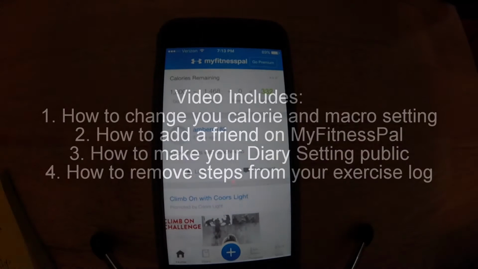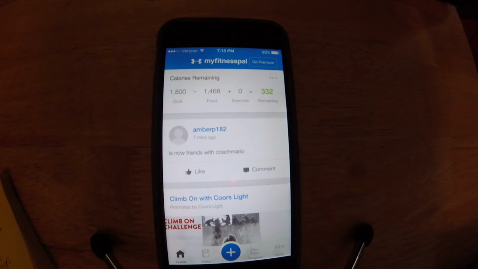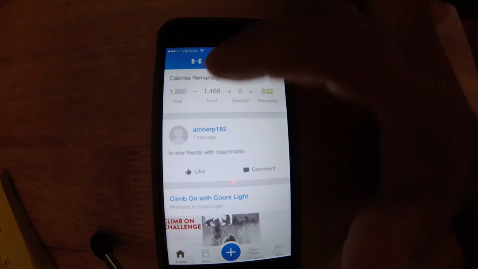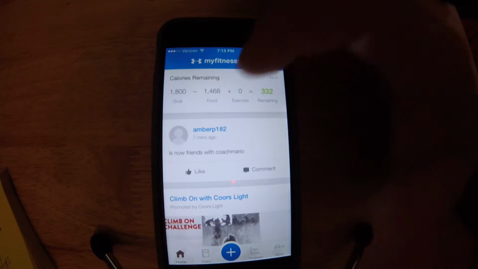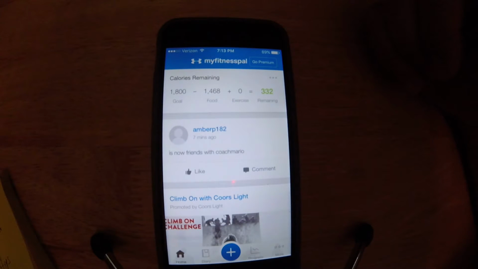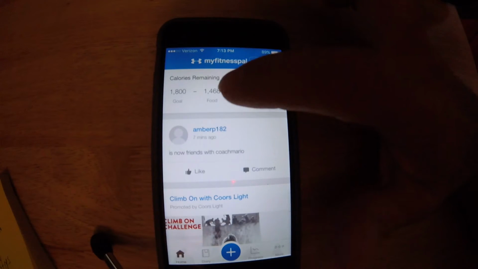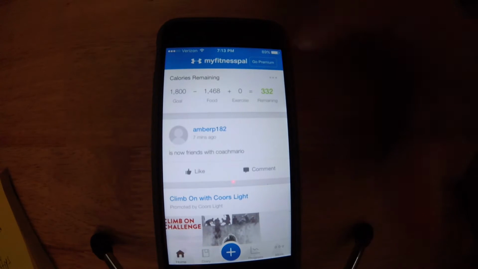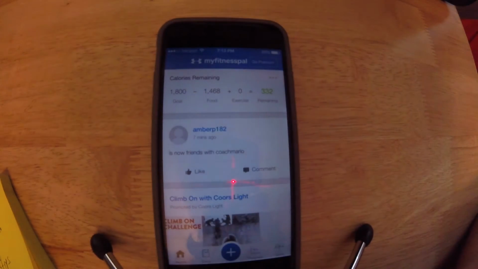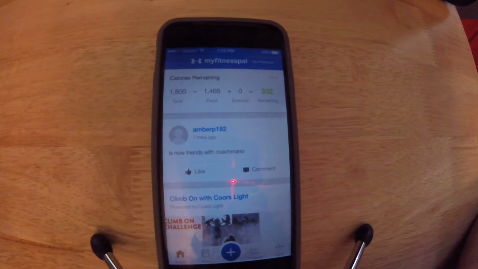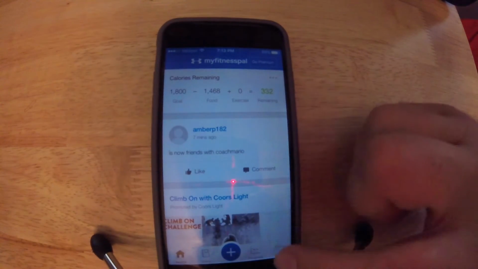First thing you're going to have to do is change the numbers for your goals. You see right here, it has me fixed at 1800 calories. That was the weight loss number set for me on my calculator when I went online and used that calculator. So to edit that number that MyFitnessPal gave you as a default and use the calculator that I gave you, what you're going to have to do is go down here,